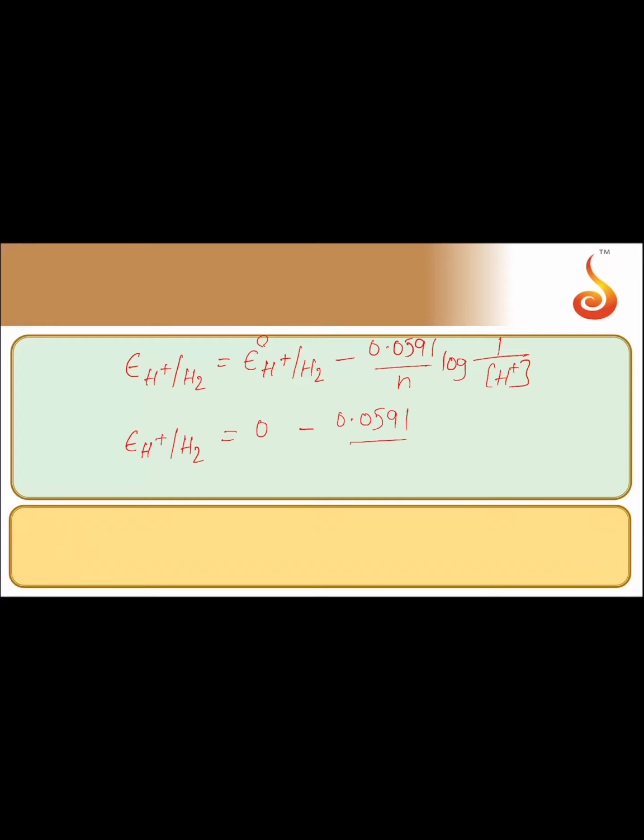0.0591 by 1. I am considering the first equation. If you want, you can take it as the second equation also, you will get the same value, no problem. 1 by [H+]. Then E(H+/H2) is equal to minus 0.0591. This log 1 by [H+], you can consider as minus log [H+],